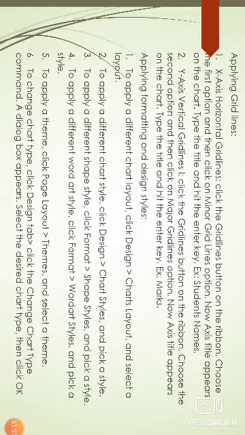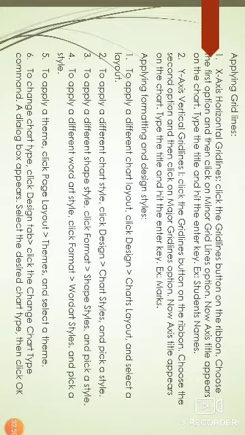To apply a different shape style, click format, select shape styles and pick a style. To apply a different word art style, first click on format and then select word art styles and pick a style.